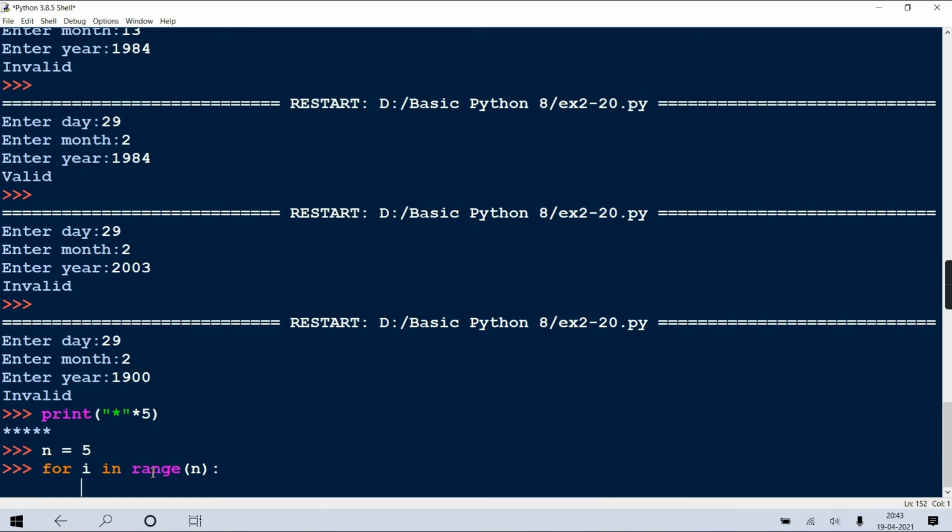Range n returns an iterable, an object of class range, which is a sequence of values from 0 till n, and this loop will go for each value in that sequence. First 0 is copied, then 1, then 2, then 3, then 4, and then it will stop.